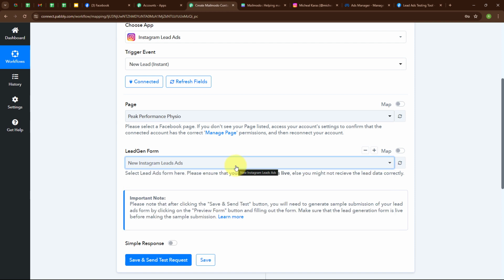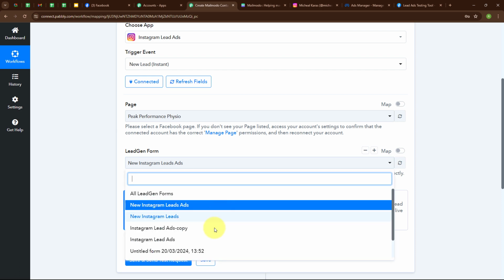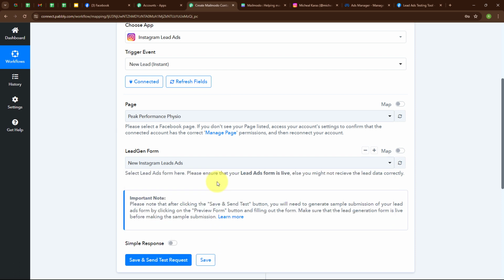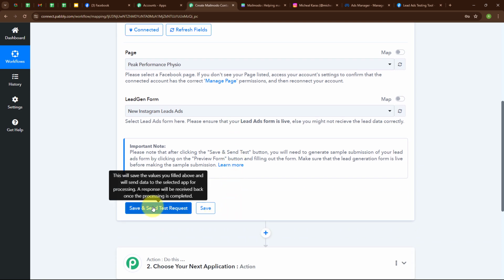So here I've selected a single form because I want only the leads of this form to be captured by Pabbly Connect. But if you want the leads of all the forms to be captured by Pabbly Connect, then you can select all leads in forms. Now after selecting the page and leads in form, moving forward, here I'm going to click on save and